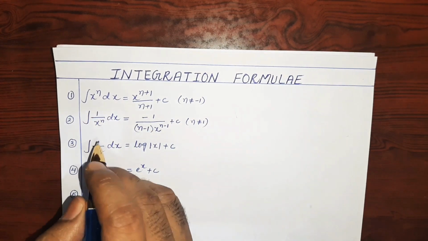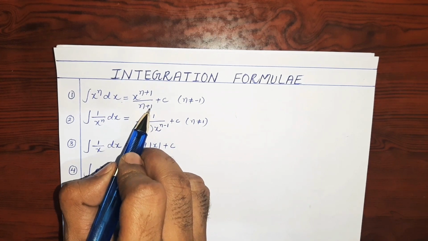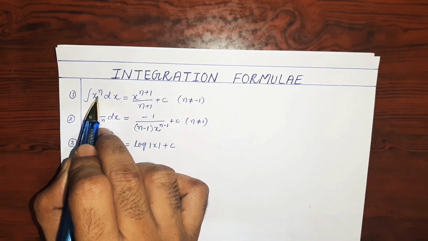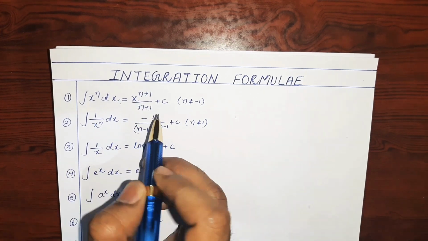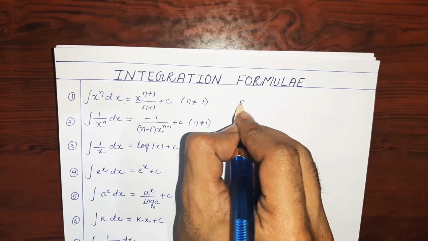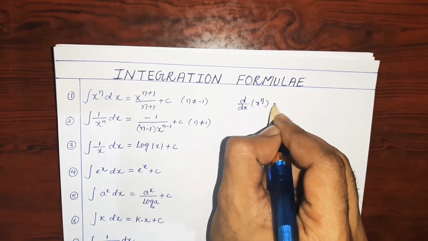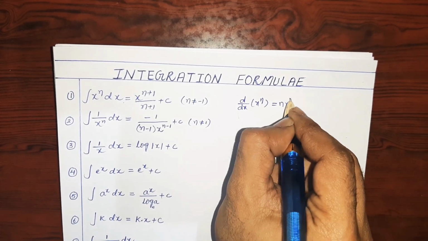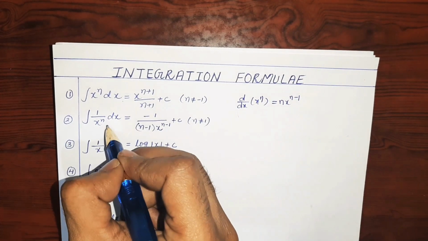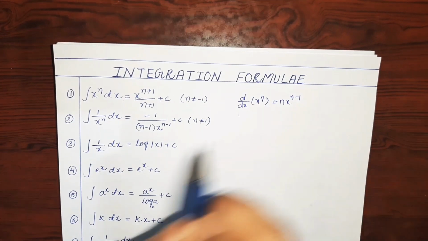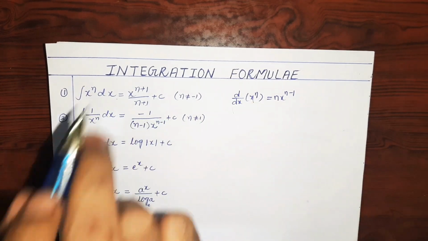So the very first formula of integration is integral x power n dx is equal to x power n plus 1 by n plus 1. If any power is there of a variable, then the power will be increased by 1: x power n plus 1 by n plus 1. As you can see in the formula of derivative, d by dx of x power n is given, then what you will do? You will reduce the power, that is x power n minus 1. So these two formulas are based on x power n. If you know this formula, then you can take out one relation between these two formulas.